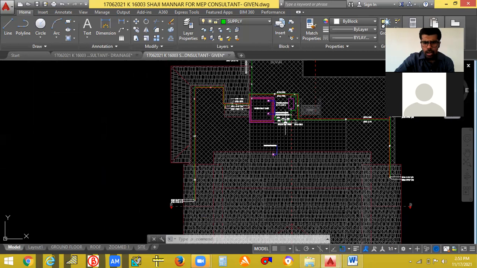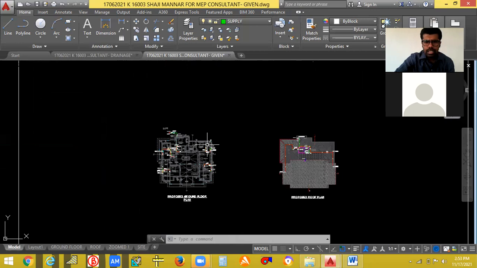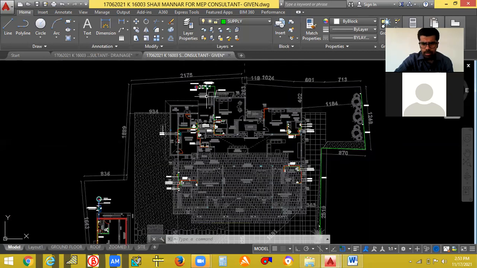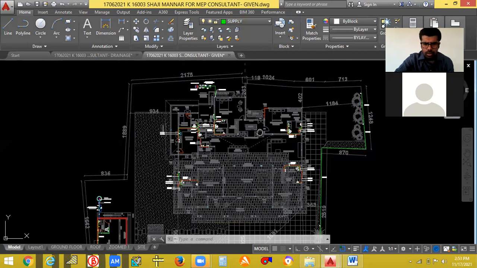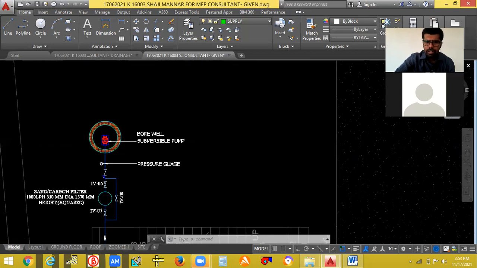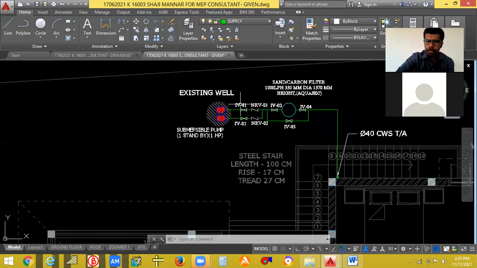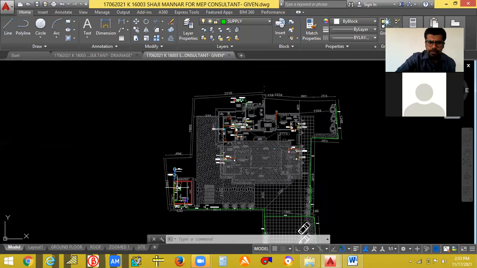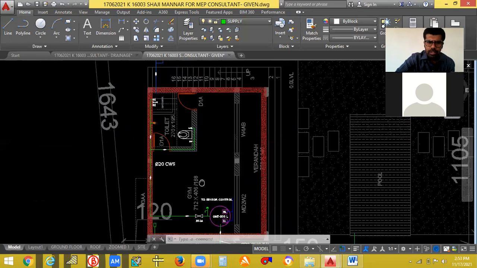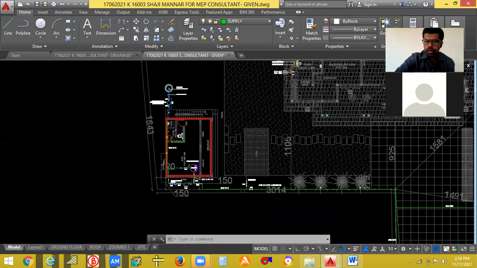Okay. Now in the side drawing, what you have to do is that this is the same drawing that we have seen now, but this is the side drawing. So there is a bore well also on their site, and one main well is also there. So from this main well only it goes to the overhead tank. But here there is an outhouse for them. Okay, and in there they were having one toilet. So this water facility you are getting from this bore well only.